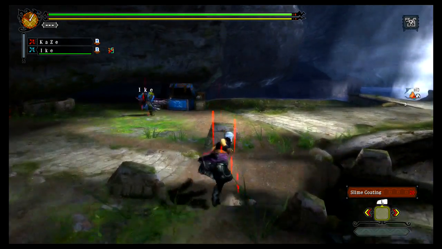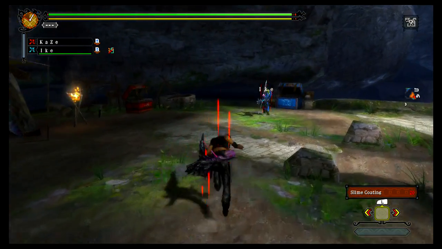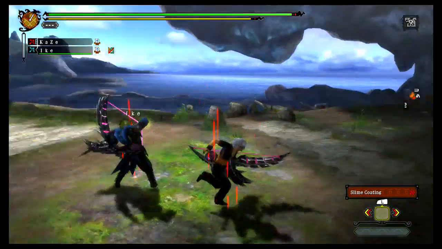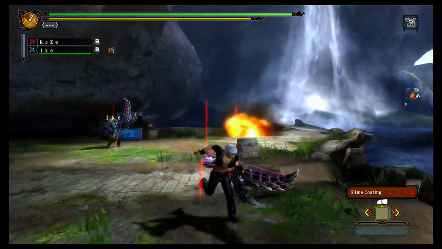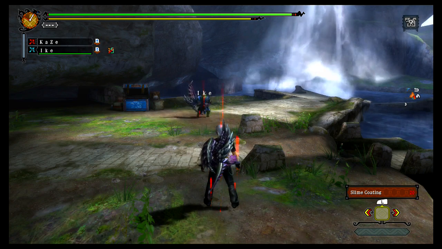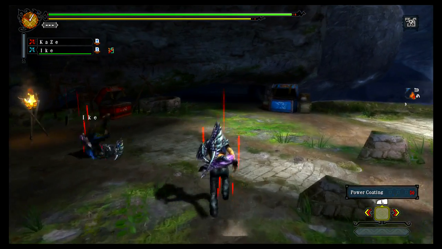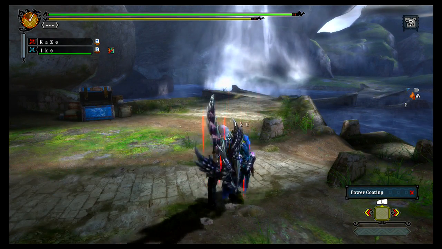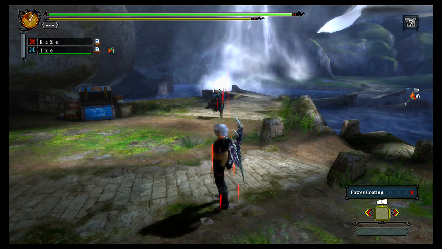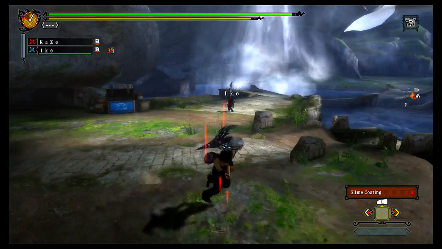Now, what's really cool in this game is that bows can actually boost coatings. It'll give a multiplier to the coating. Coatings are like bullets for bows, but they're a lot more plentiful, and each one does different things. You have power, close range, exhaust, paralysis, poison, slime, and paint. I believe those are all of those